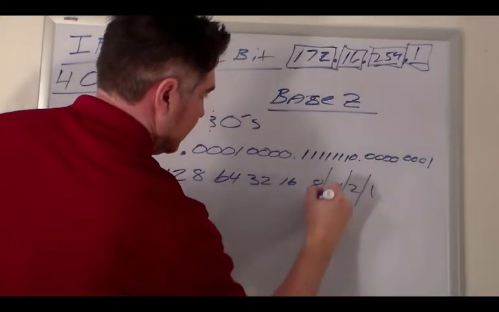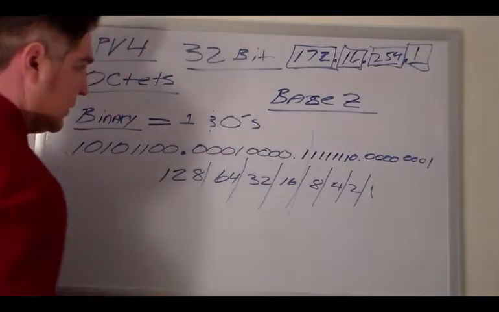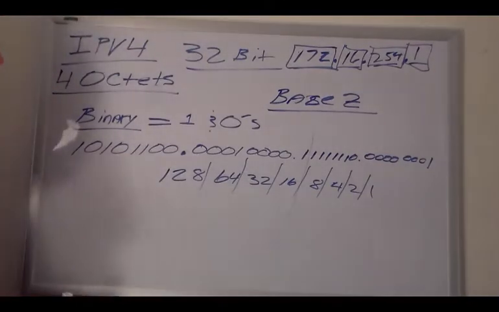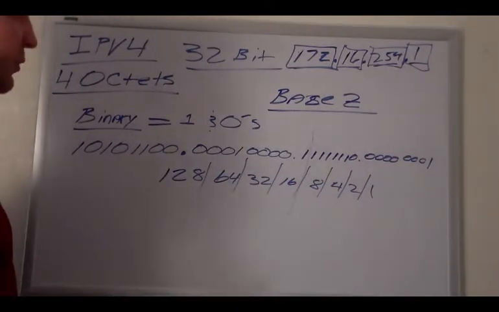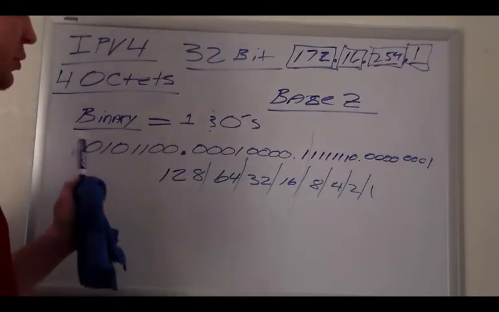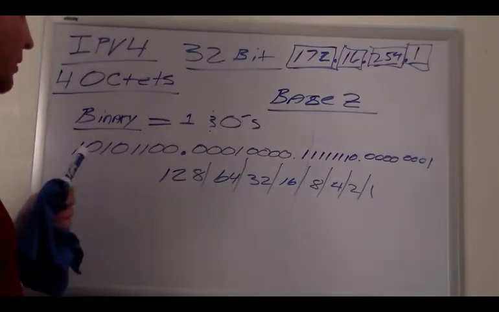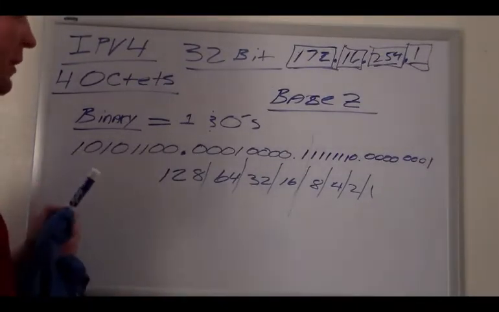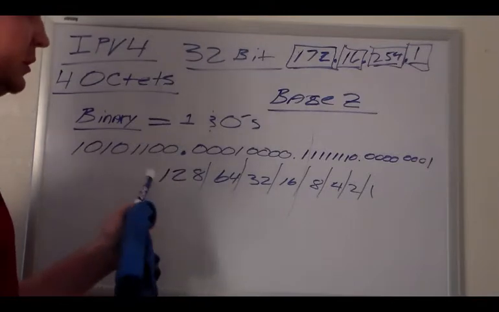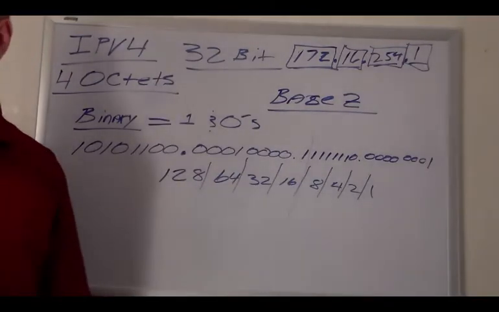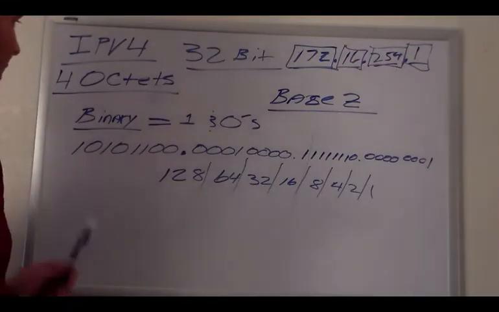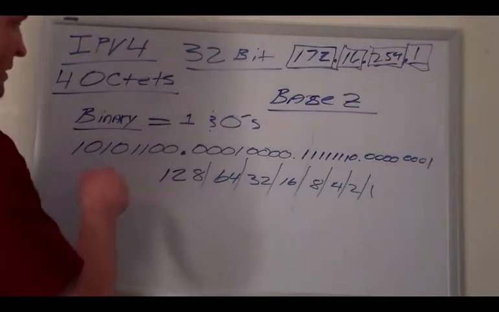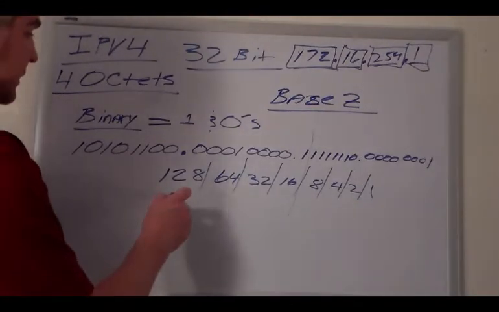Now, as you can tell, those are your numbers. So this is your base 2 system. This is how we resolve binary into a decimal format. So we look at each one of these octets, and we look at each one of these groups of 8 bits, and we establish if the bits are on or if the bits are off. If the bits are on, we count using our base 2 numbering system in order for us to resolve into the decimal format. So because this bit, and these 2 bits are on, in this octet, we would add 128,